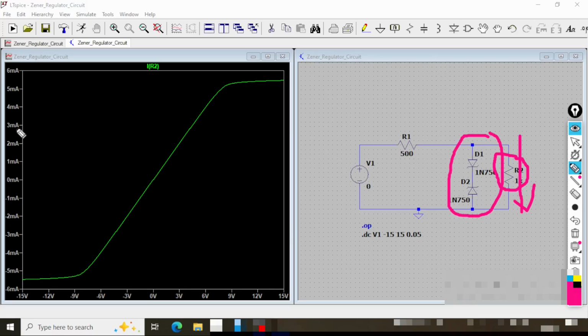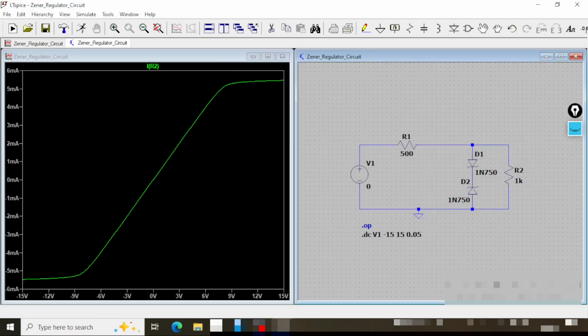It's a voltage regulator circuit. You can see here is the voltage. Voltage is the independent axis. So here are 2 points of the breakdown, which is approximately around the breakdown voltage of each of them, and you can see. So here we have done the Zener characteristics,